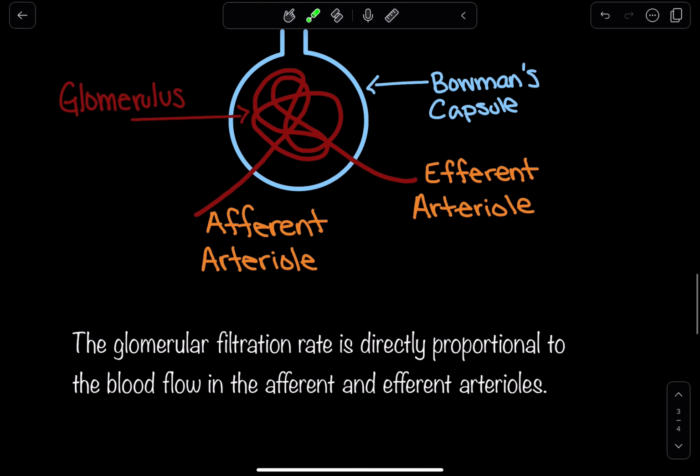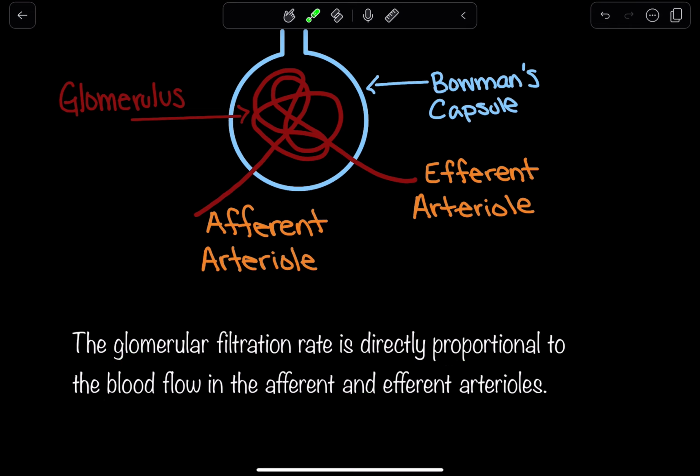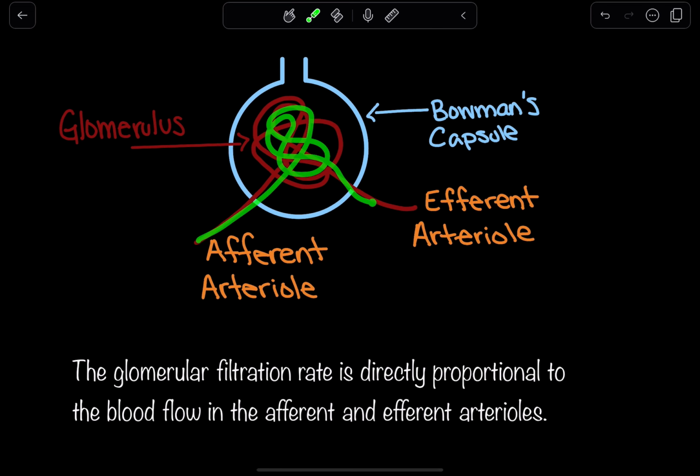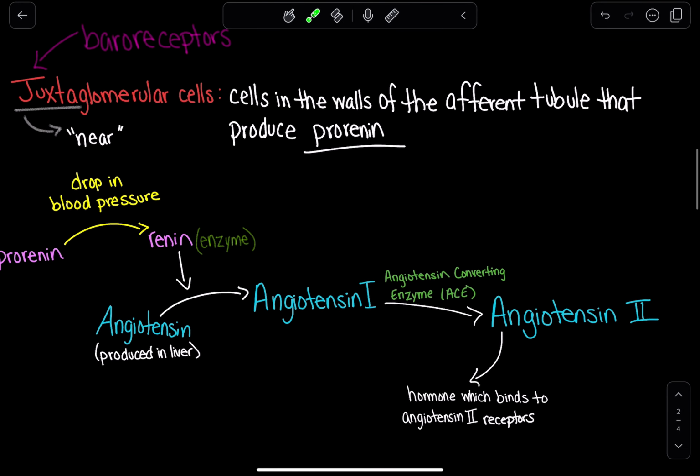Now, this is just to reiterate something I mentioned earlier. Your glomerular filtration rate is directly proportional to the blood flow in the afferent and efferent arterioles. This is really important to understand, because if blood is moving slowly through here, there will be less ions that are able to enter your filtrate. But if you have lots of blood moving through here because you're vasodilated, then you will have more ions exiting through your filtrate. And that is essentially the